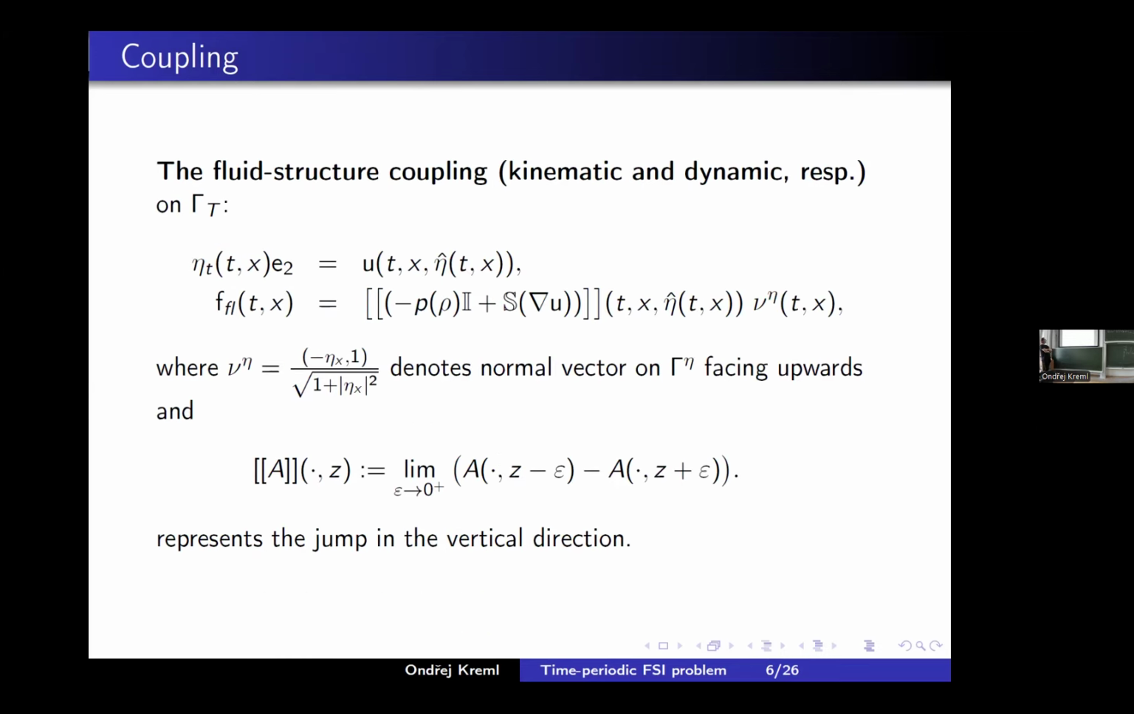Okay, and now the couplings. So there are two couplings. The kinematic coupling is simply the fact that the trace of the velocity on the beam is equal to the velocity of the displacement of the beam. So eta t times E2. So this also means that the beam can only move up and down. So the velocity here, the trace on the beam, is a vector